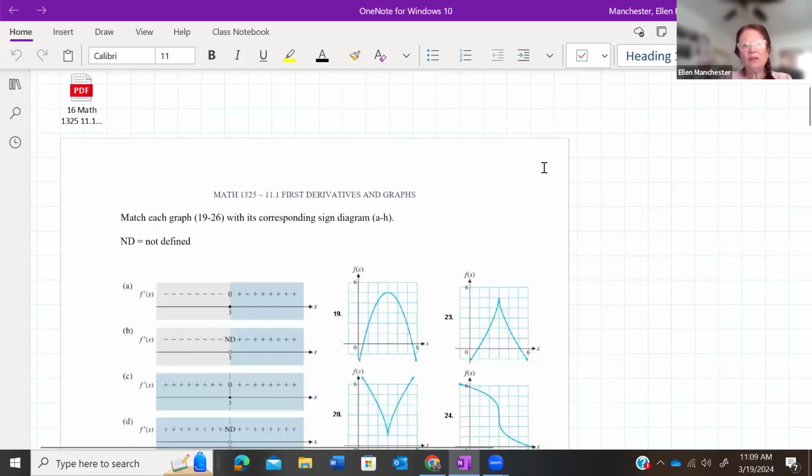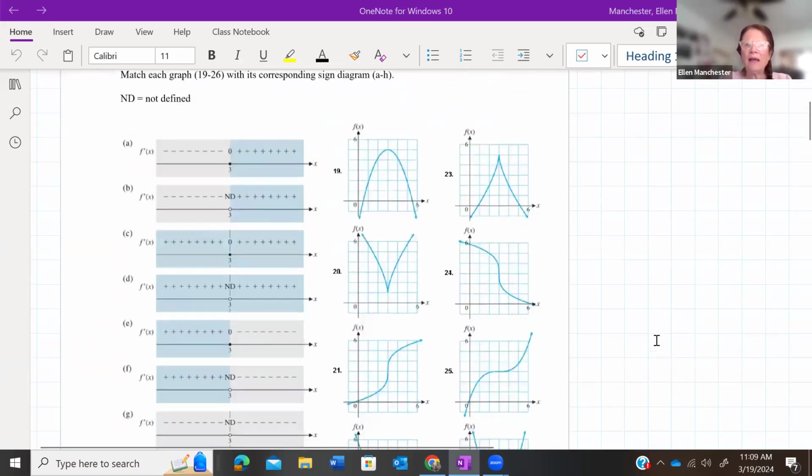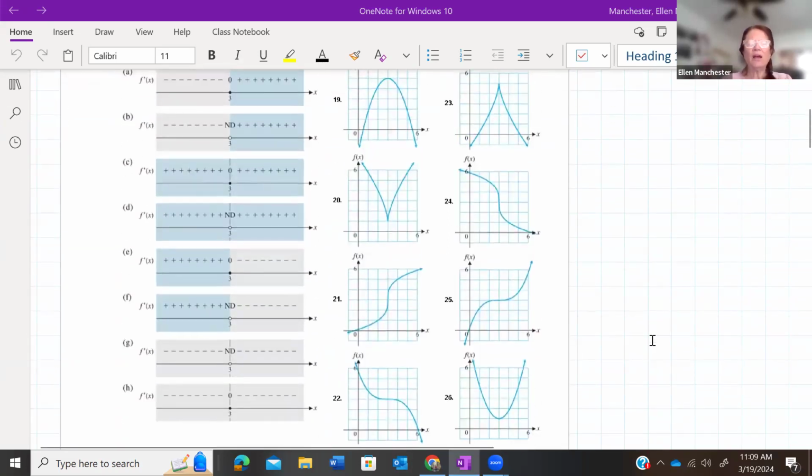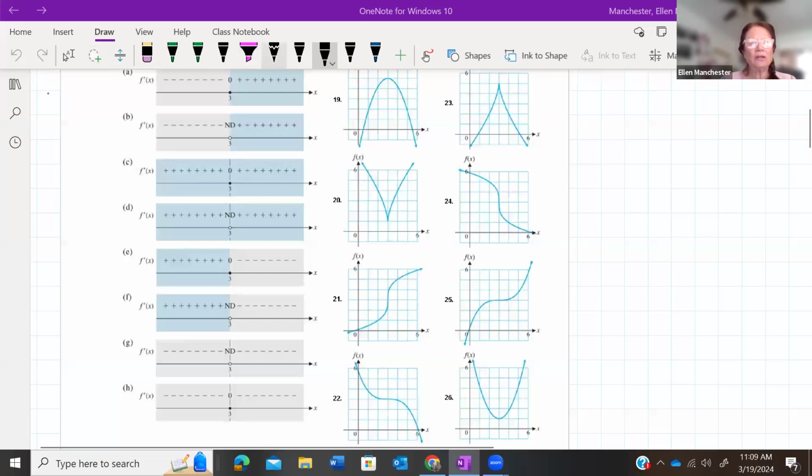When you take a look at all these graphs, we're going to match these. So on the left, A through H is what I call test charts. Okay, these are called test charts. And the minus sign, this is all based on the derivative. So if you notice over here,